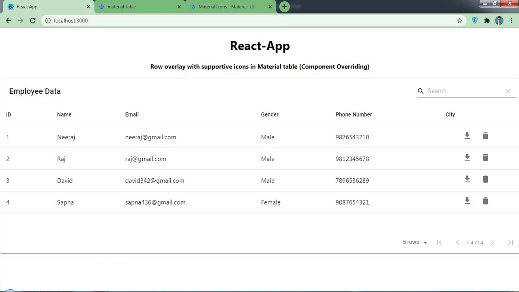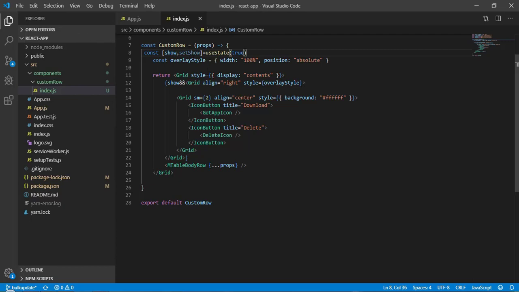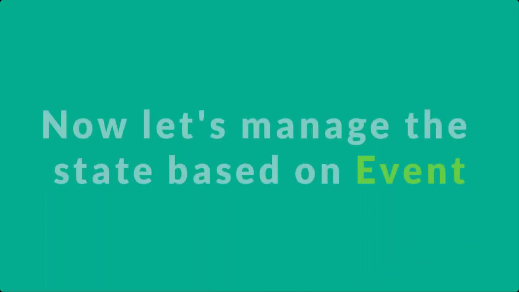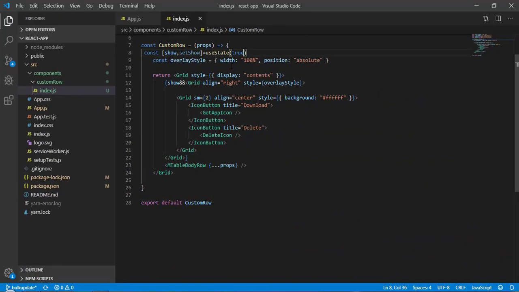Okay, so now our task is to deal with this state. So how can we change the state based on the condition or based on the event? For that what we have to do is we have a property.